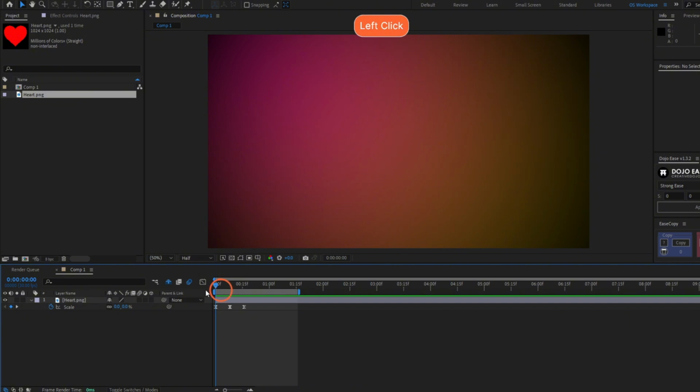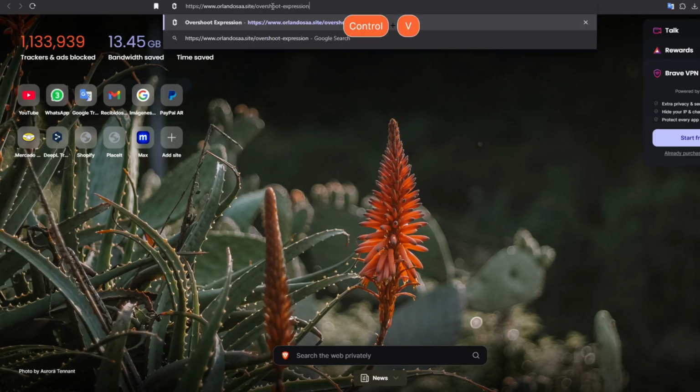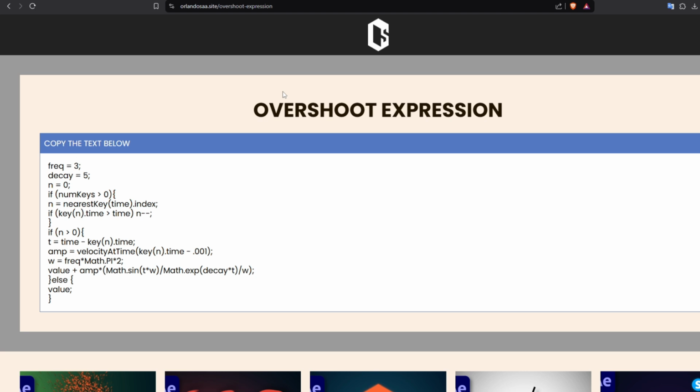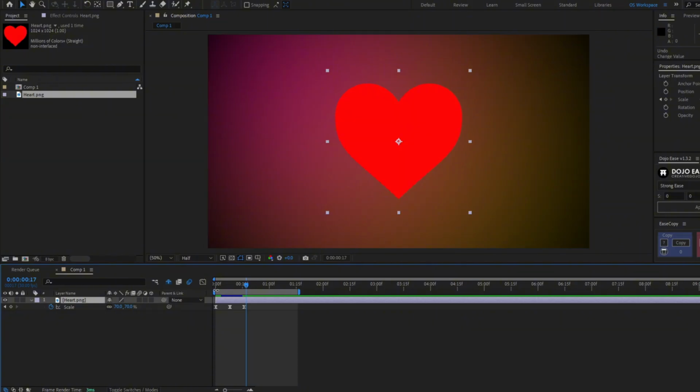We can also add an overshoot that will make this keep bouncing like this. So go to the link I'll leave you in the description. You will see this page and you have to select all this text. Copy with Ctrl+C. Go back to After Effects, and here to the scale property you have to go to the